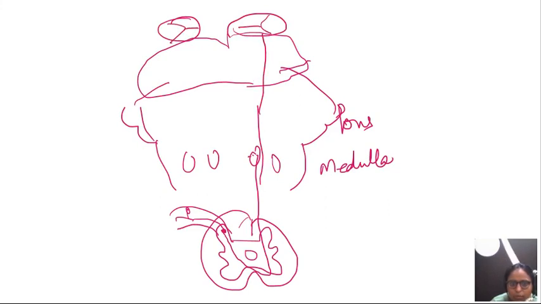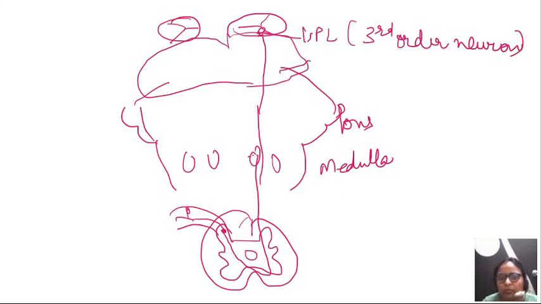Again the same, in the VPL nucleus it will form the third order neuron. Fine. So after synapsing in the VPL nucleus, it forms the third order neuron. Likewise, as we have seen in the lateral spinothalamic tract, it follows the same pathway. It gives collaterals to the intralaminar nuclei, the reticular formation, and the internal capsule. And through the posterior limb of the internal capsule, it goes to the